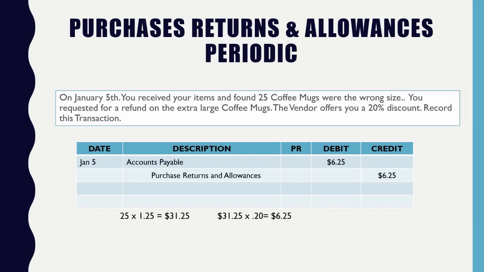It's going to be $6.25, okay? So we acknowledge that 25 of those cups costing me $1.25 is going to give me a grand total of $31.25. Because they're giving me a discount of an additional 20%, we're going to take that 20% off of the $31.25 to get a grand total of $6.25. So essentially, I got about, what, 3 cups? 2 cups free? 3 cups free? If you think of it that way.